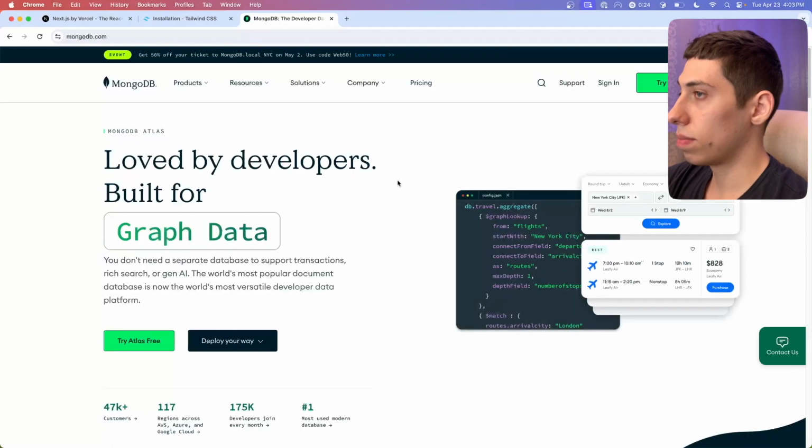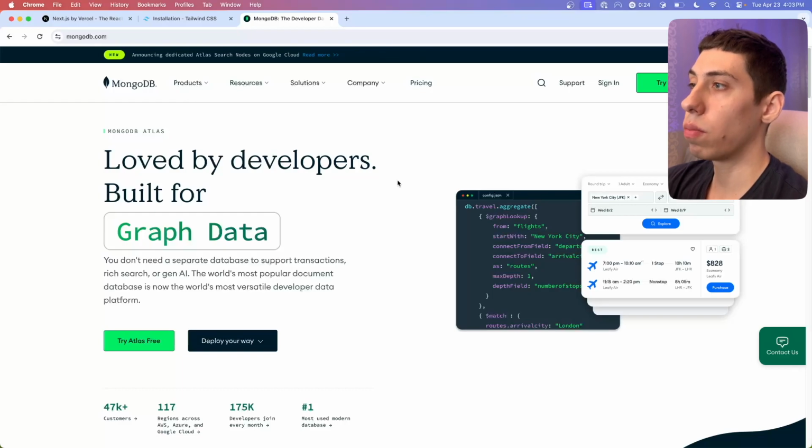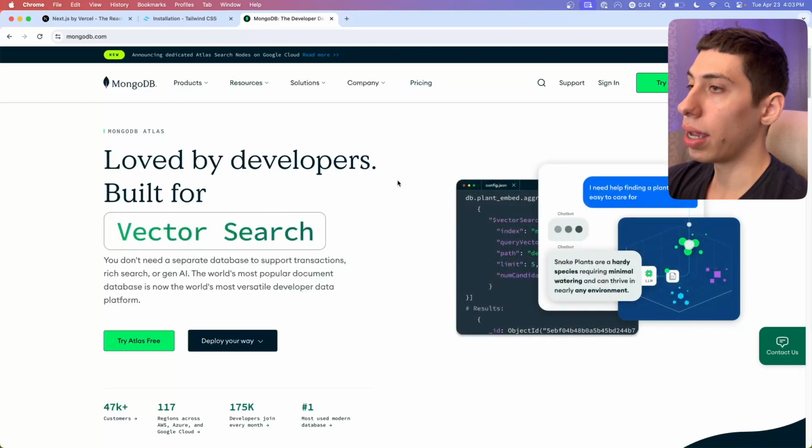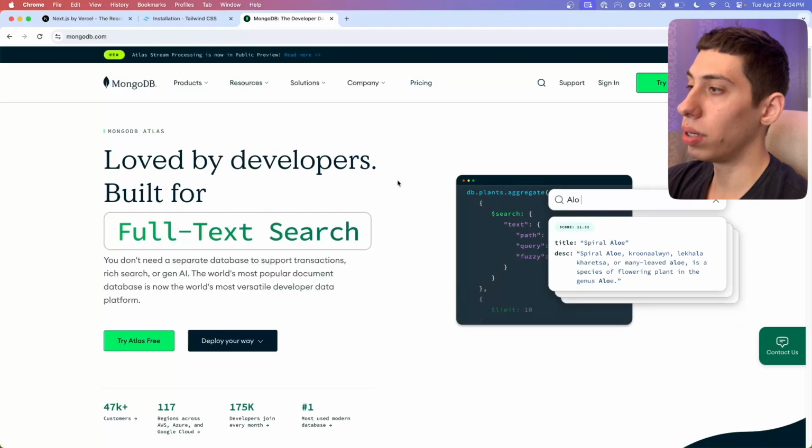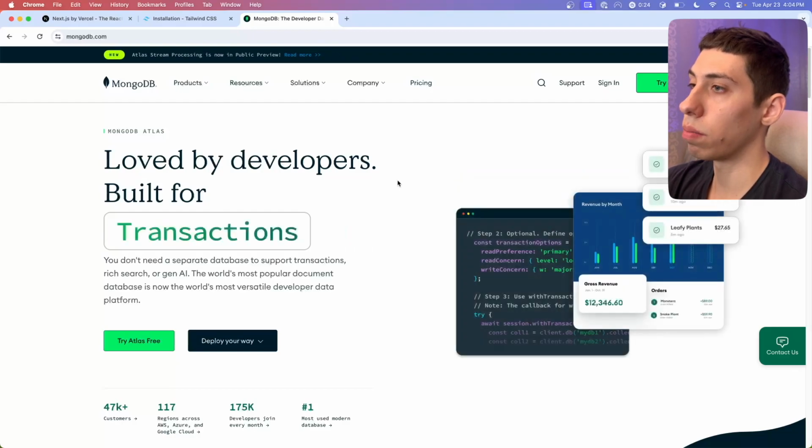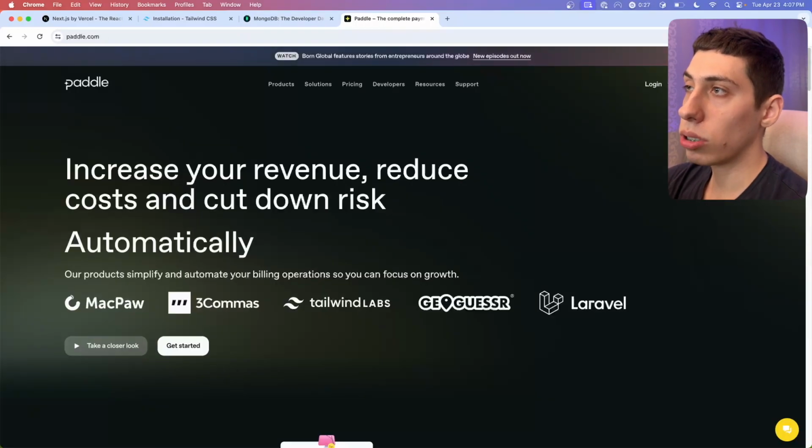That's a big plus. Next, I'll be using MongoDB for the database. And I'll be honest, I haven't used MongoDB at all. I have always been using Postgres, so this is about to change. For payment processing, I'll be using Paddle, and the reason is that Stripe is not supported in Ukraine, and I can see on their website that they have a Ukrainian company here, so Paddle should be supported in Ukraine. The problem though is that I have no experience using Paddle, so this is about to change.